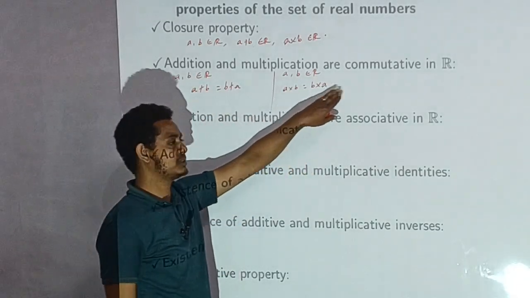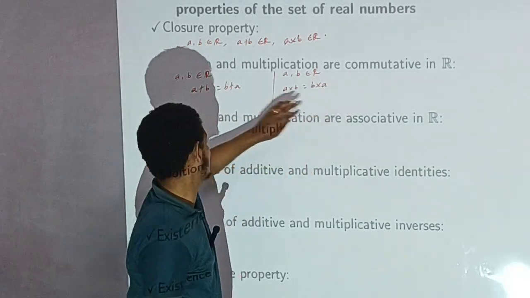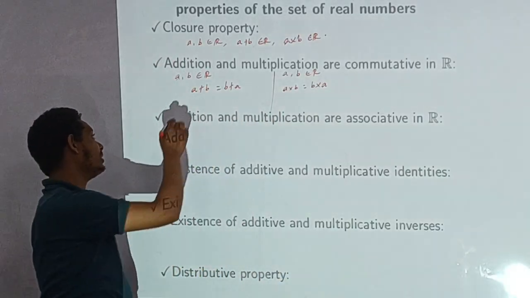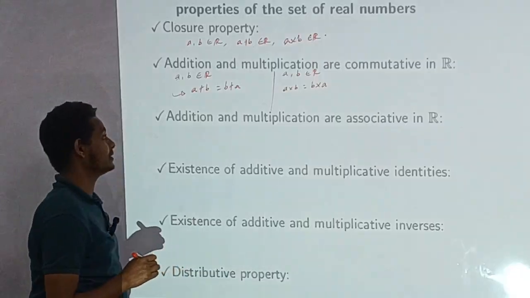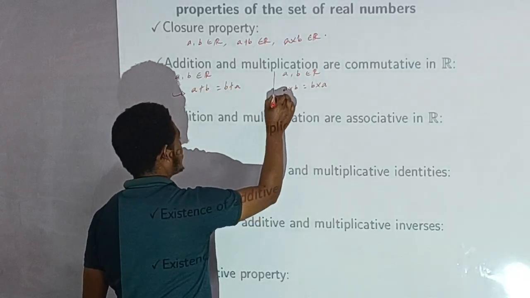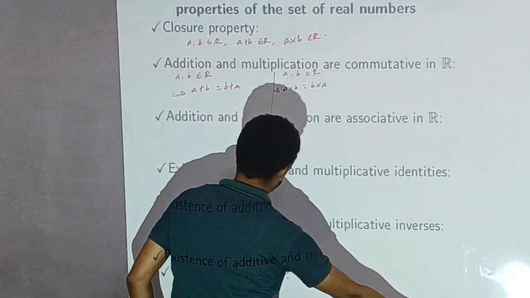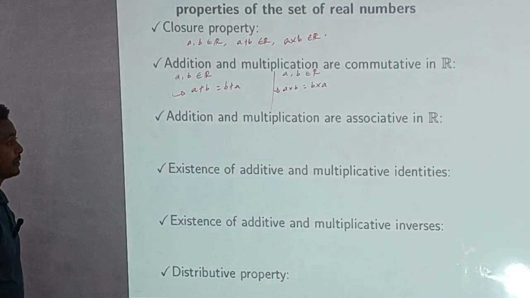A times b: 2 times 3 and 3 times 2 are the same. Here, 2 plus 3 and 3 plus 2 are the same. So this is what we call addition is commutative on the set of real numbers, and multiplication is also commutative on the set of real numbers. Next, addition and multiplication are associative